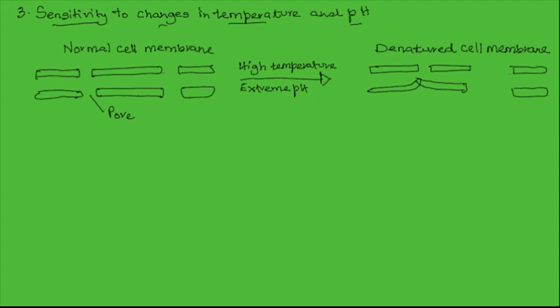Any change in the temperature and the pH will change the nature and thereby deform these proteins. High temperatures and extreme pH will denature the structure of the protein and therefore the membrane, resulting in loss of